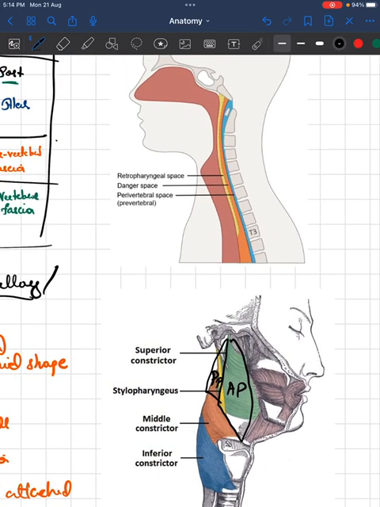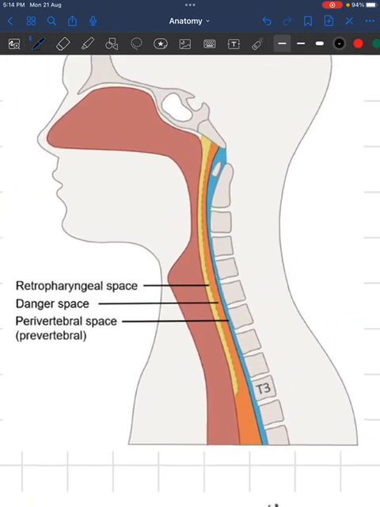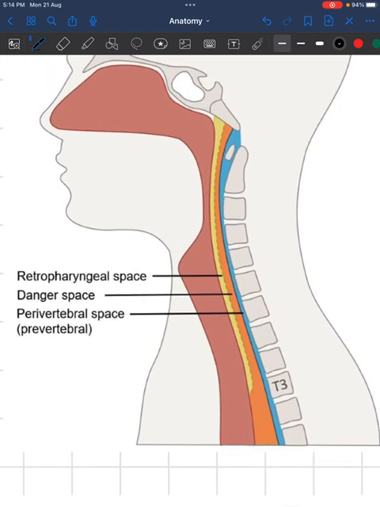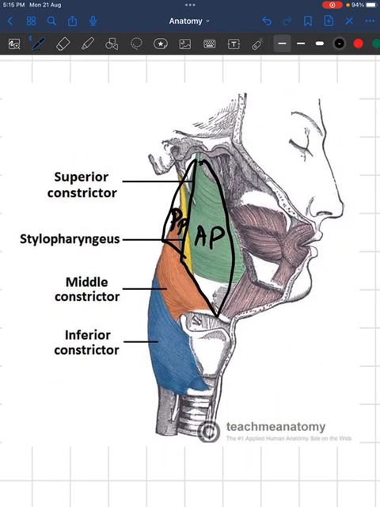Now the spaces. Earlier we learned about the retropharyngeal space, which is between the buccopharyngeal and alar fascia. The danger space is present between the alar and prevertebral fascia. The perivertebral space is present between the prevertebral fascia and the vertebral fascia, as marked in different colors. Yellow is the retropharyngeal space, orange is the danger space, and blue is the perivertebral space. In the diagram below, we can see the